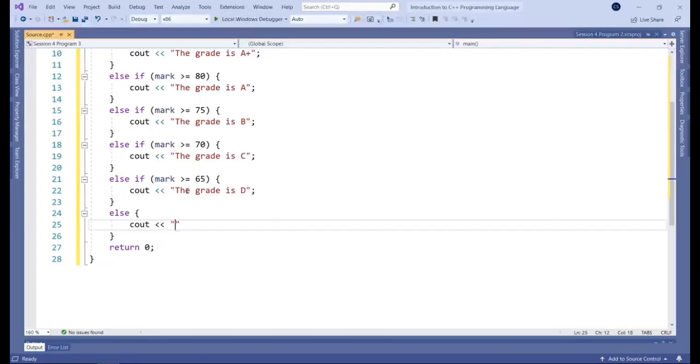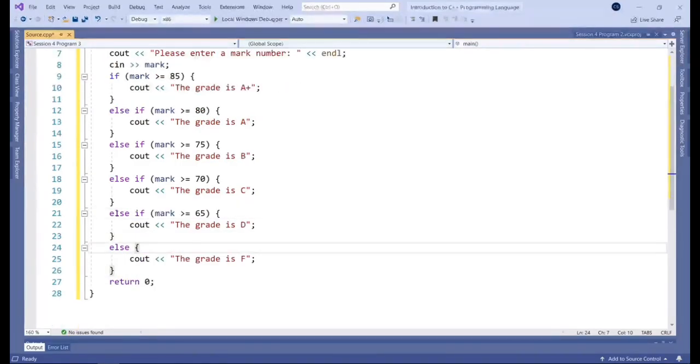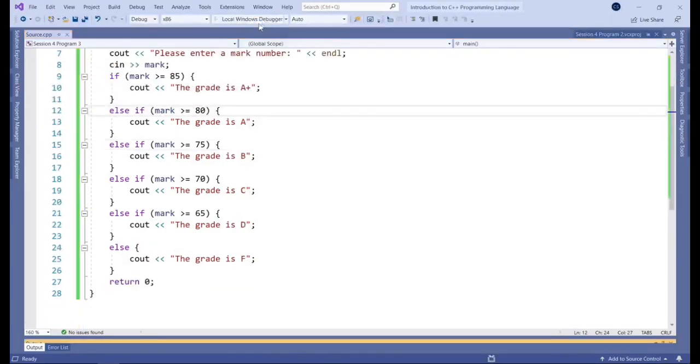It's just if we haven't got a grade up to this point, then we just assume whatever is left is going to be F. Okay, so we don't really need to add a condition here. It's just going to be else. Now, I specifically mentioned that I was copying and pasting, and actually that's a terrible idea. I'll tell you just about why that is in a moment. But first, let's run our code to see that it works. Okay.